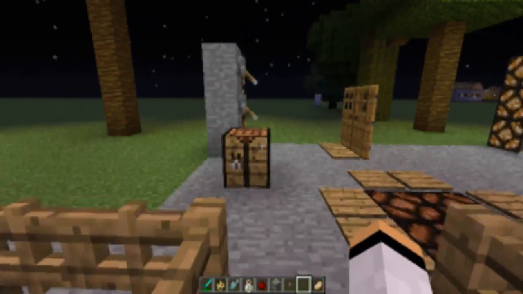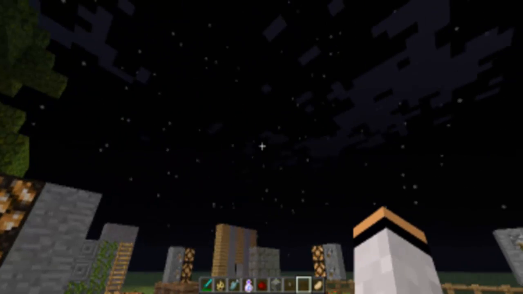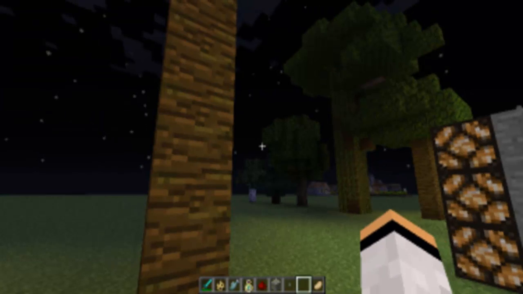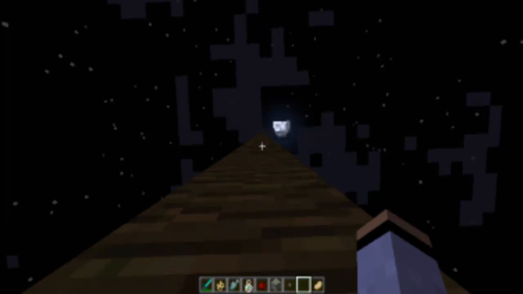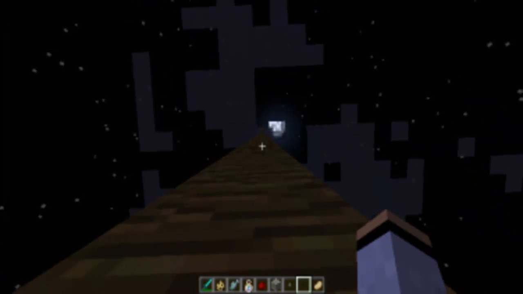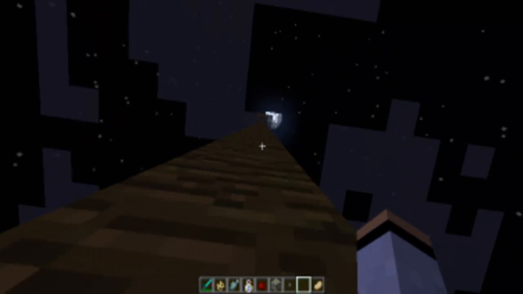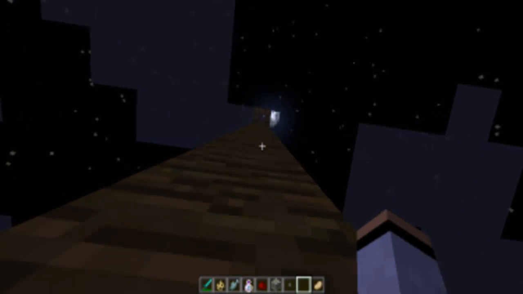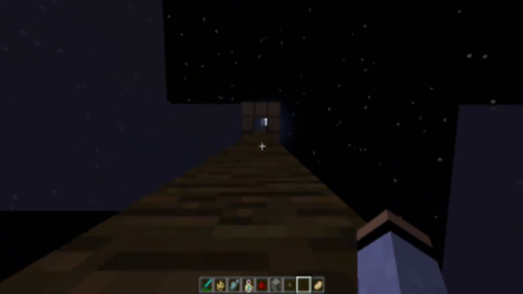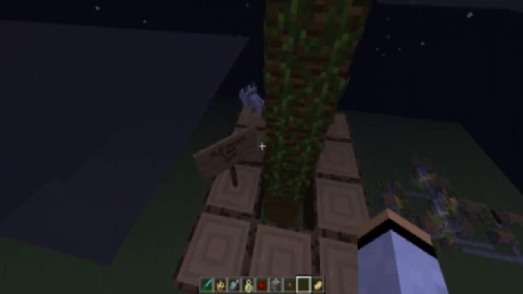So next thing I'm going to show you is, this is for builders mostly, this is the extended world height. And the extended world height is an amazing thing. So as you can see here, I made a giant pillar extending all the way to the top, and I'll show you where the original height was and where the new height is. The original height was up here at a total of...